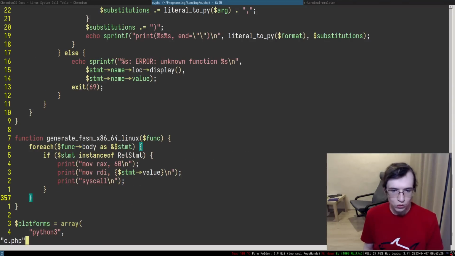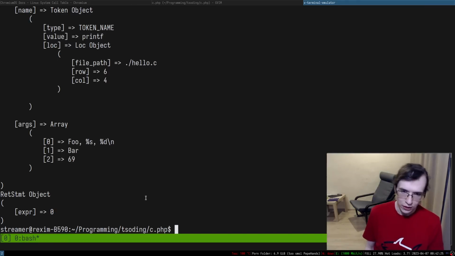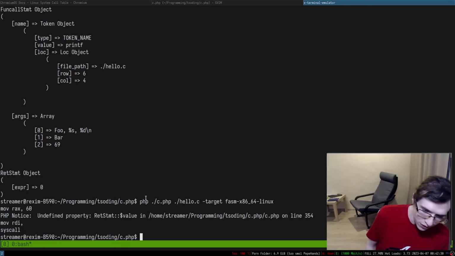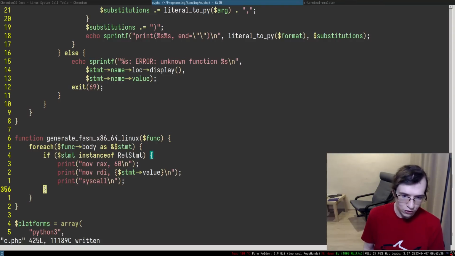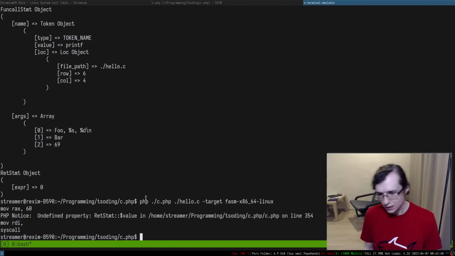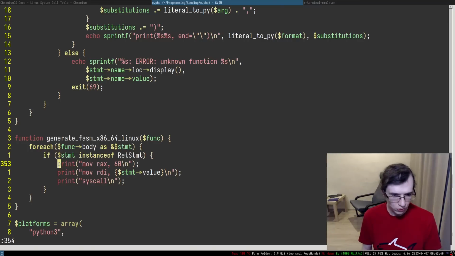Essentially, let's actually try to run this entire thing like that, and undefined property value. So there's no value in the return, which is kind of weird. This is a return statement.